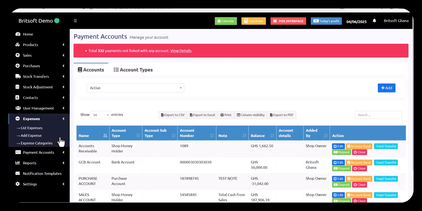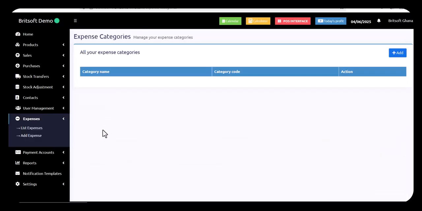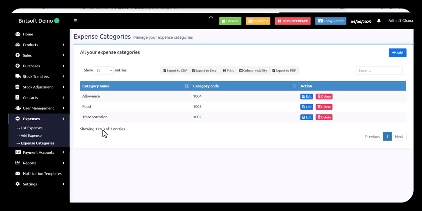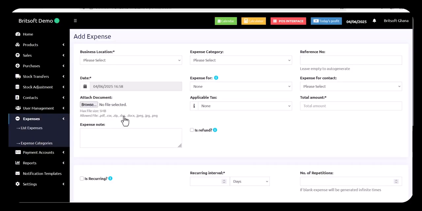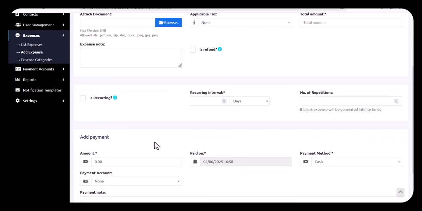Okay, so you also have expenses here where you can check your expenses. You can add expenses and then just list them. You can have different expense categories depending on what your expenses are for your business. You can have maybe allowance, food, transportation expenses, and then you can add expenses here. So you can add it and then get a report on it. And if you have any documents, you just